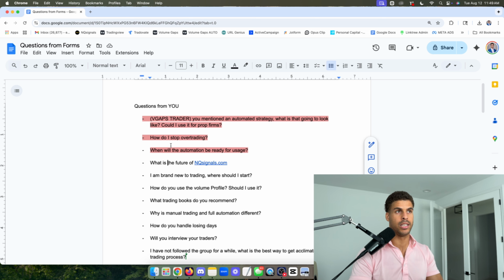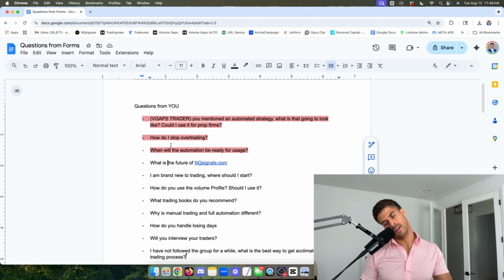NQ signals is, I think, a really good start, but for it to be as good as it needs to be, it can't give you signals every minute or every 2 minutes or every X amount of time period, right? Like every candle is probably way too much to try and ask for moderate accuracy, considering that price will do a certain thing, but it might take 2 or 3 candles for that to happen. And so the future of it is I'm not sure yet.